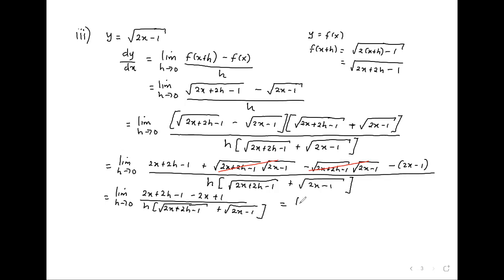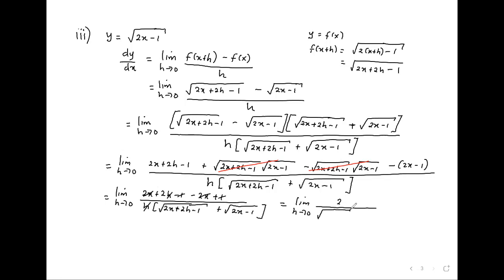This is equal to the limit as h goes to 0. You can see that this is just a 0, another 0, and then this h can cancel that h, so that we get 2 over